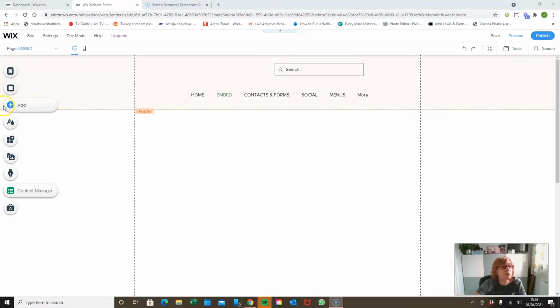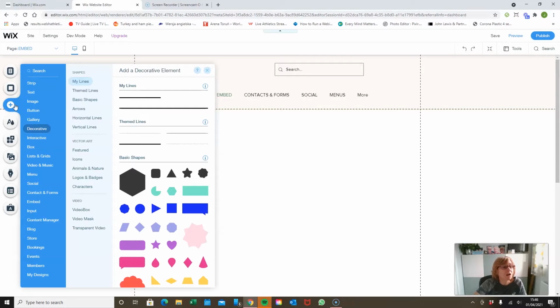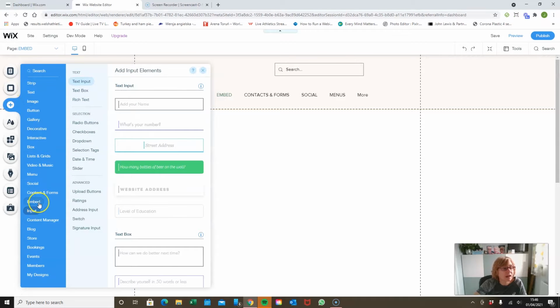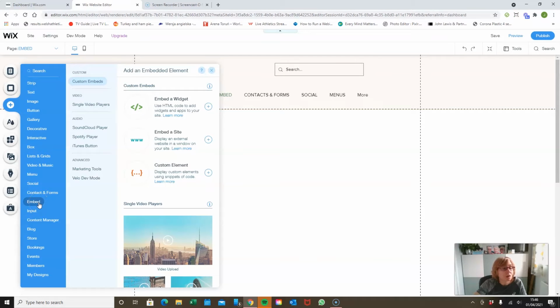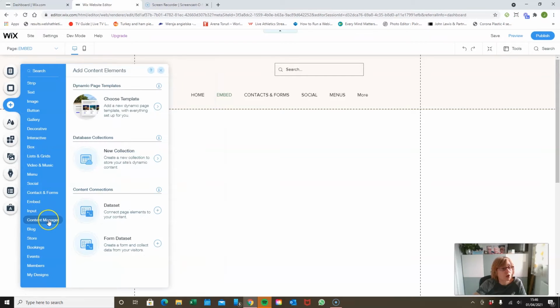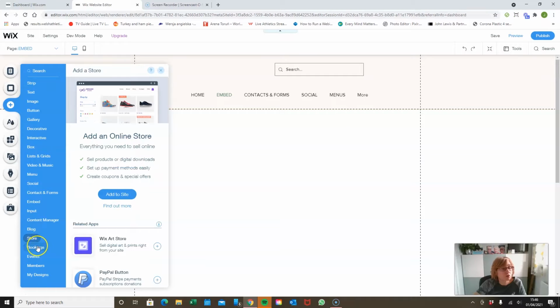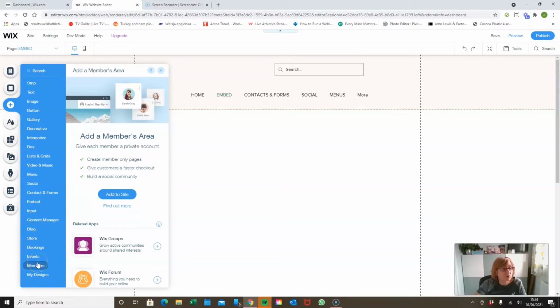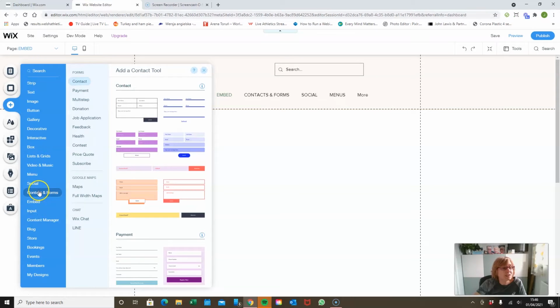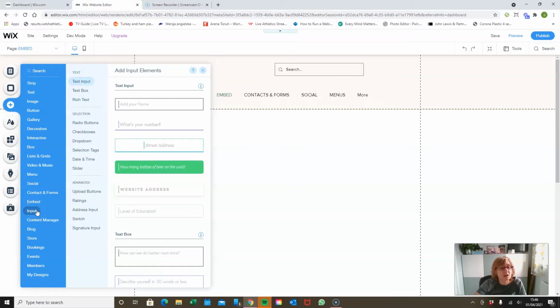So if we take a look at where we're at, last week we looked at the embed section, and the sections we've got left now, you can see we've got input, content manager, blog, store, bookings, events, members, so on and so forth. So adding these elements takes a little bit more learning and understanding and probably would need to be broken down in a little bit more detail. But just to give you an overview of what these things are, so if you were looking to add perhaps